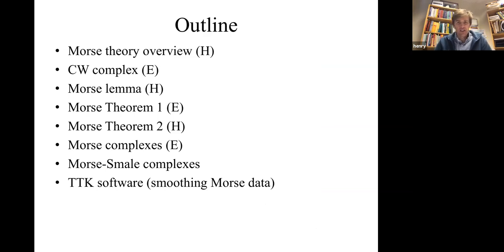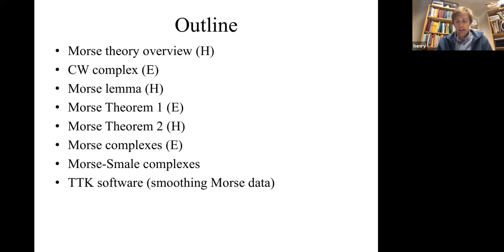Our outline: I'll start off by giving an overview of Morse theory, the big picture. And then Enrique will describe CW complexes. I'll describe the Morse lemma. And then we'll go into the two main theorems of Morse theory, theorem 1 and 2. And we'll end by describing the resulting Morse complex that you get out and the more refined Morse-Smale complex. And we'll end with a couple of slides on the TTK software that allows you to compute some of this